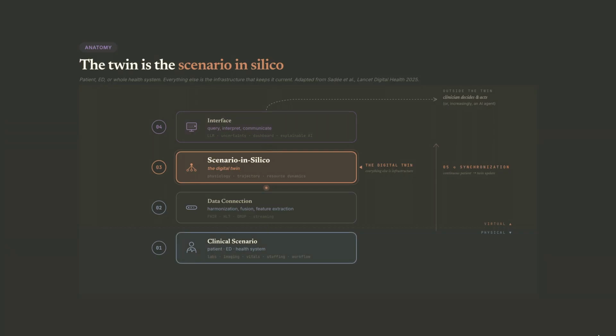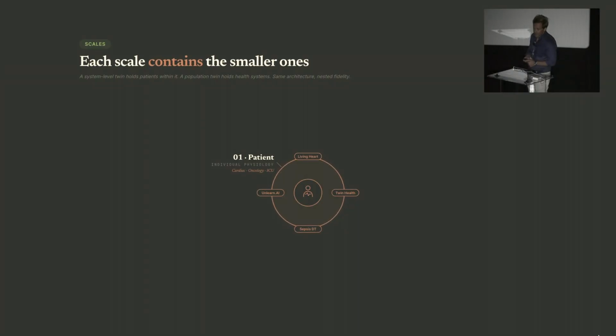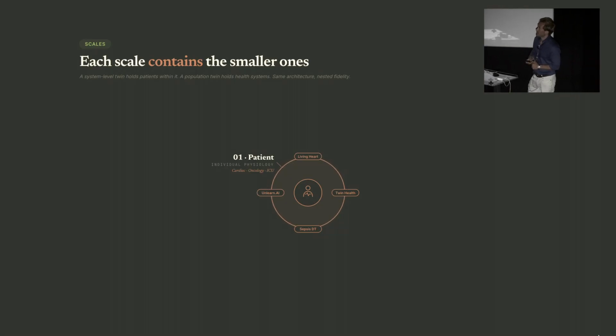The twin is meant to represent whatever system we're talking about. In this case, it'll be the emergency department. And then there's an interface a lot of times on the top of this. The other thing I had mentioned was that there's really a couple of levels that you can think about these